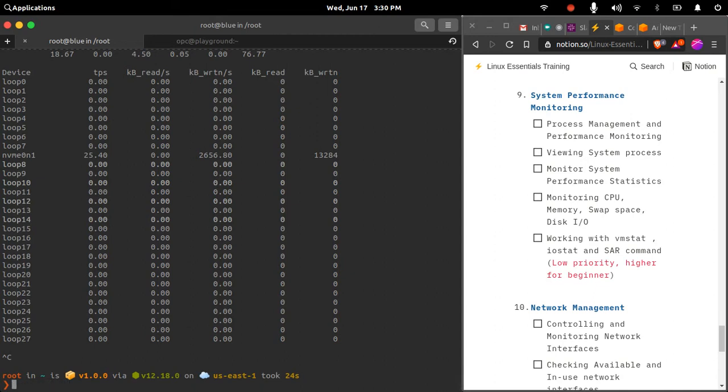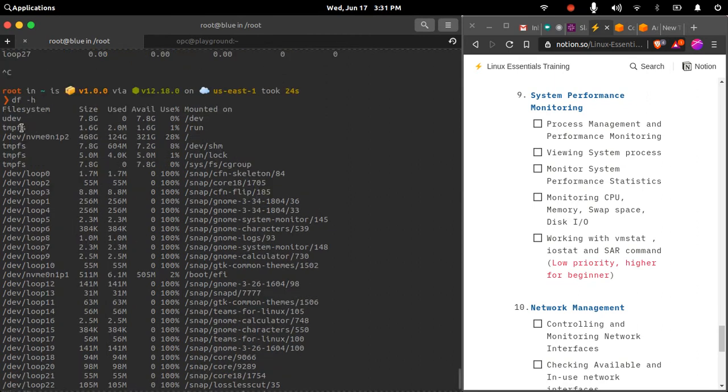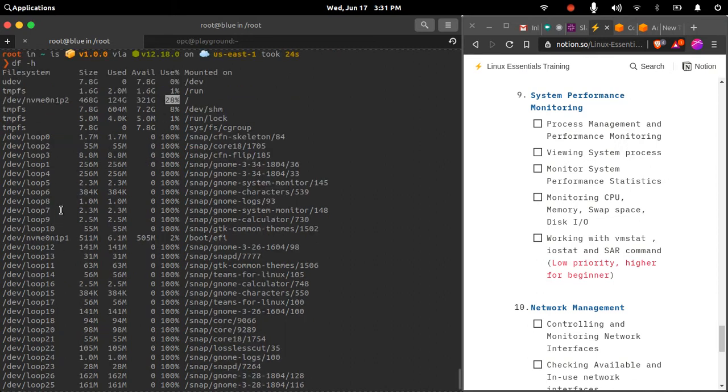If I have to verify the disk, I can use the df -h command. The disk free command is used to check the actual file system usage on the system. If you see here, the actual use of the file system is 28% for my hard disk. This is my default hard disk, and it is 500 GB in size. This is the actual usage of my hard disk; it is used up to 28%, and the rest are temporary file systems.